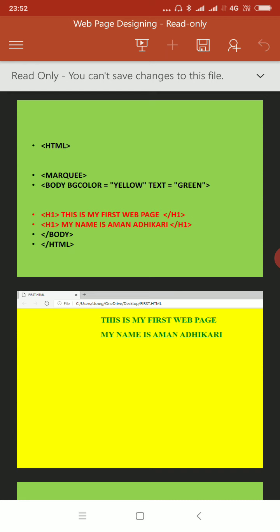Otherwise you have to open it through a web browser and run it. The better option is to straight away store the file on the desktop as filename.html, and when you double click on it, you can run it straight away.